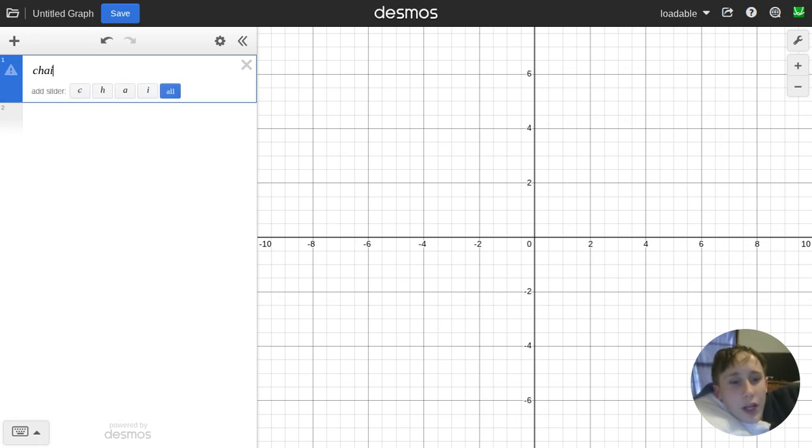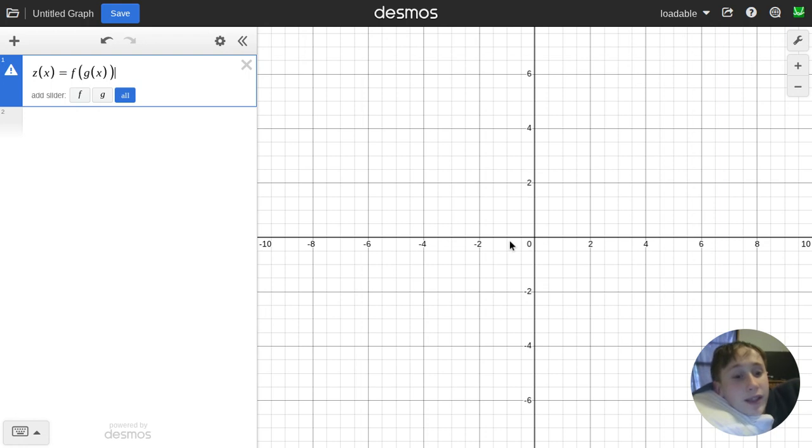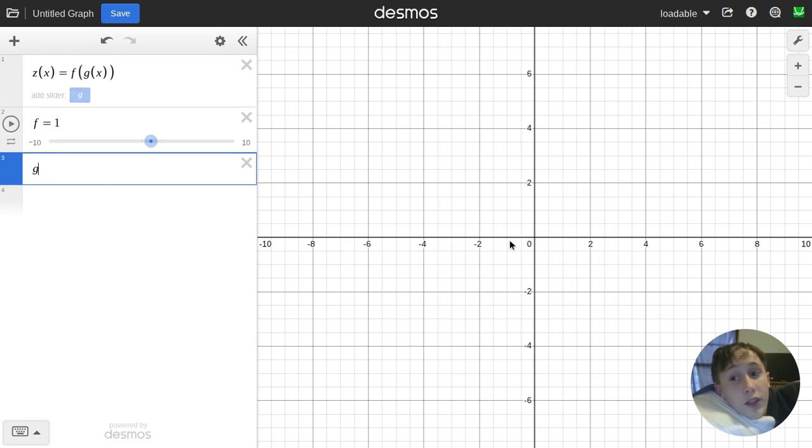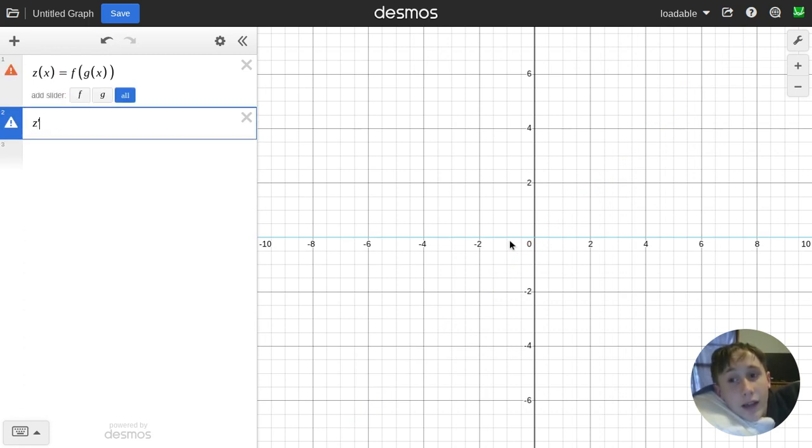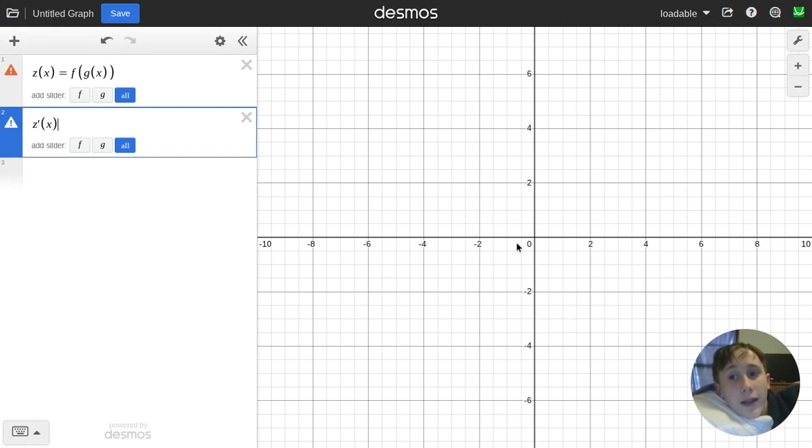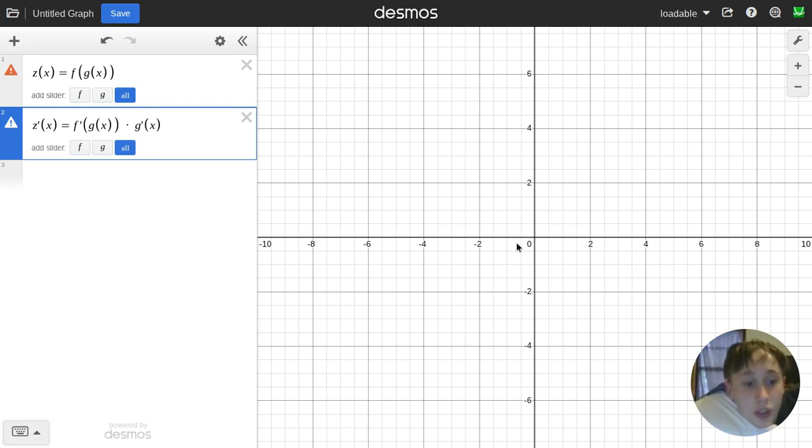So let's start with the chain rule, where it's basically something like z(x) equals f(g(x)). So essentially that's saying x is the input of g(x) and g(x) is the input of f(x). That's equal to z(x). So the derivative of z(x), so z prime x, equals f prime g(x) times g prime x. So the rate of change of f as g(x) increases times the rate of change of